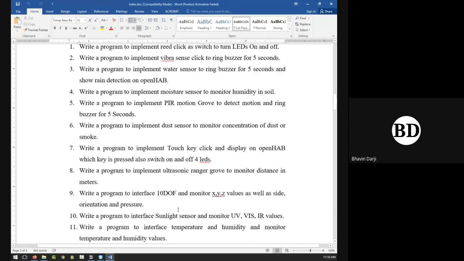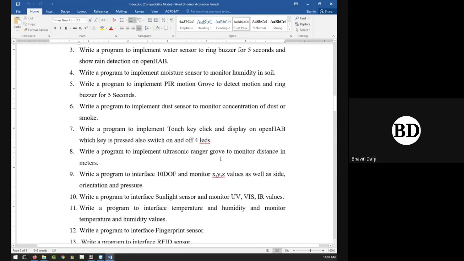Okay. Then comes the touch key. A touch key is nothing but a simple switch, but it is a capacitive-based touch key, just like our mobile phone screen. Suppose you have a vending machine with multiple products in that machine, so there are multiple switches. If you want to make a log of how many products are sold, or which product is sold, so that we can monitor how many products are sold,